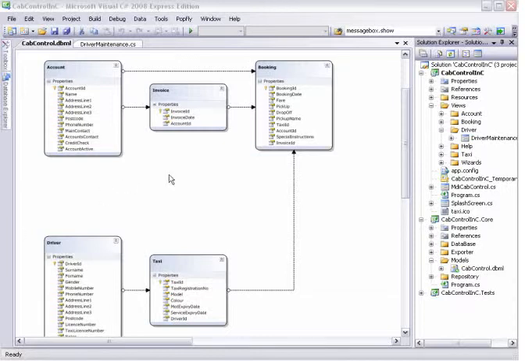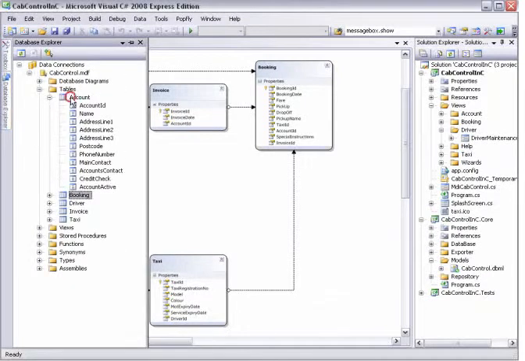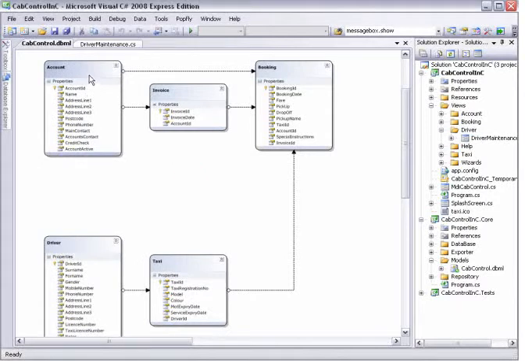So if you can see here, these are the Linq to SQL classes, and I've created these by dragging on tables from my SQL database. So I've dragged that on. If you look there, that's the SQL table, and they're the fields that are in it. And if you look here, the class it's created, the account. This is the account class, and these were the fields on the database, and these are now properties on the